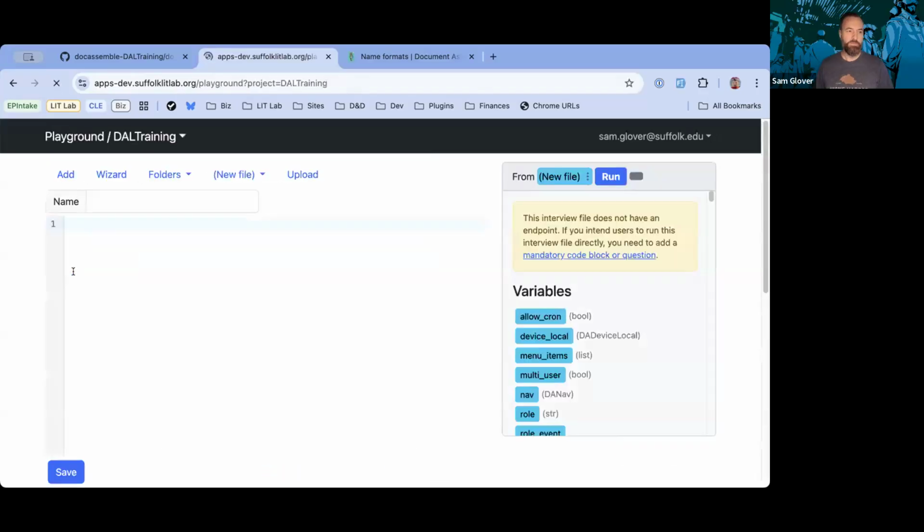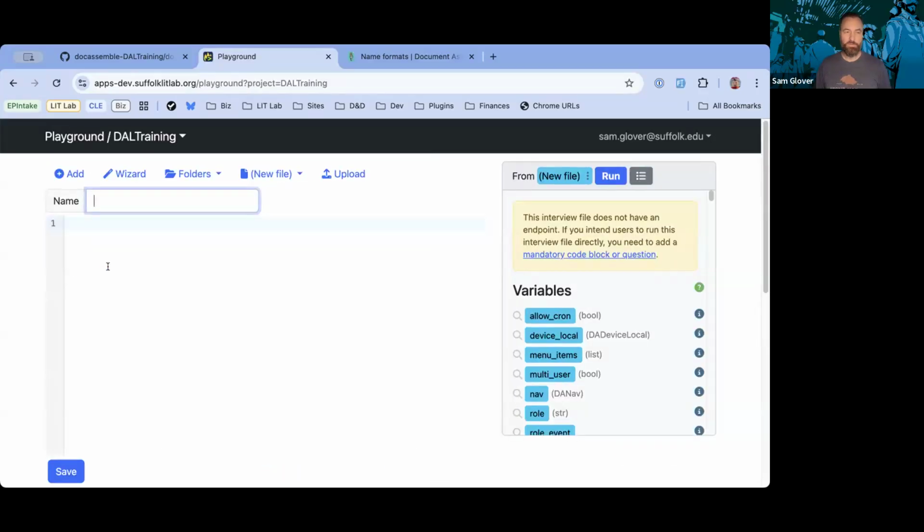So I'll save that project, and we'll jump into a blank new project. We're going to name our first file main.yaml, not YML, sorry. Our convention is to name it main. You'll find in most of our repositories that isn't true, that the main YAML is not named main, because that's